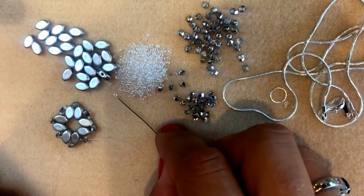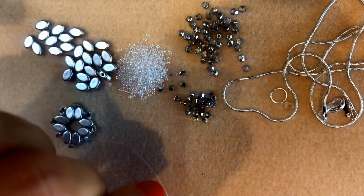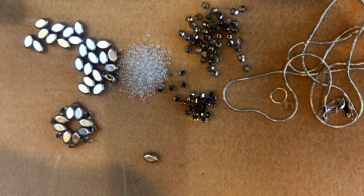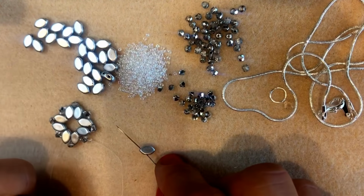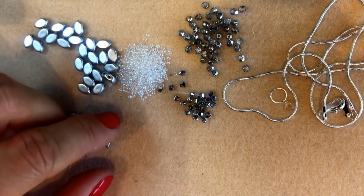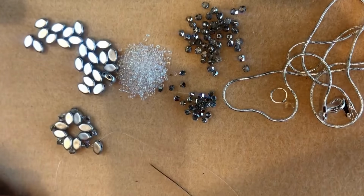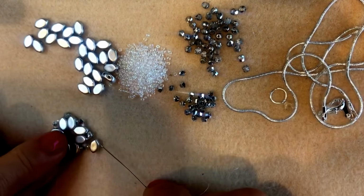So now I need to pick up a size 15 seed bead, and then the next bead I need to pick up is going to be a Paros bead. Okay, and I'm going to go through the middle hole of the Paros bead. I'm going through the middle hole. There we go, like so. I'll turn it this way around, it's easier to see. And now I'm going to go through